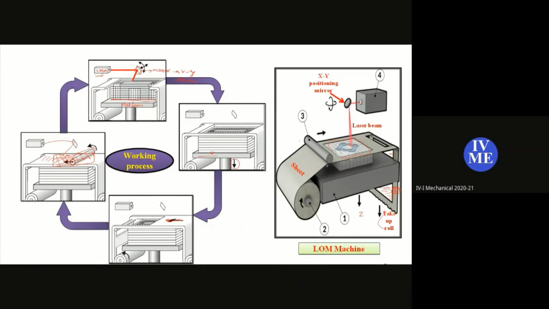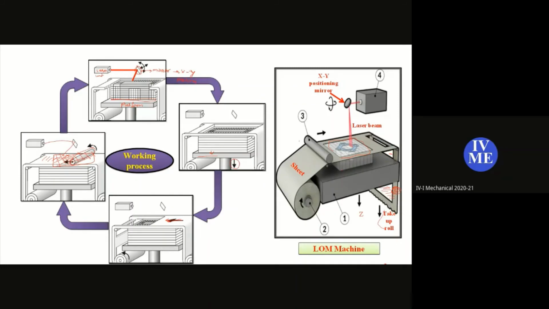Like that, the sheets will be layered layer by layer, bonding together and forming a 3D object within the sheet materials. And then we go for post processing operations using small knife tools or workshop tools to remove the excess material, meaning the cross hatches. And we go for post processing for painting or finishing of the desired part as we require. So this is the working of this LOM machine.